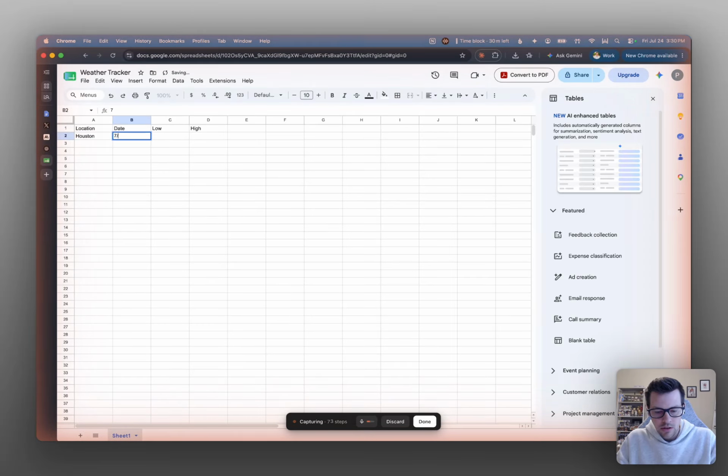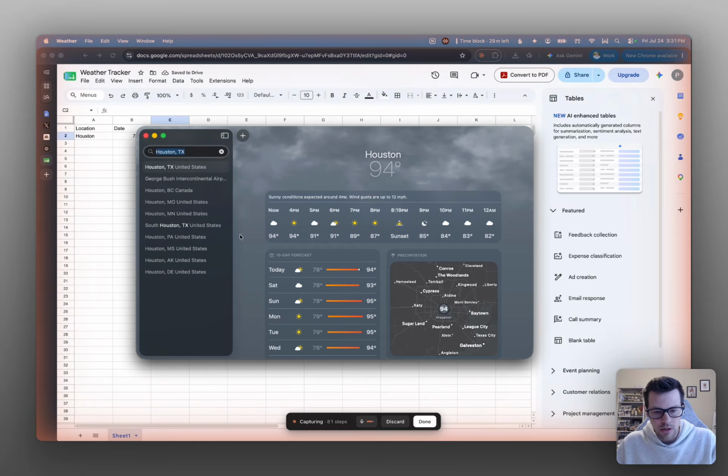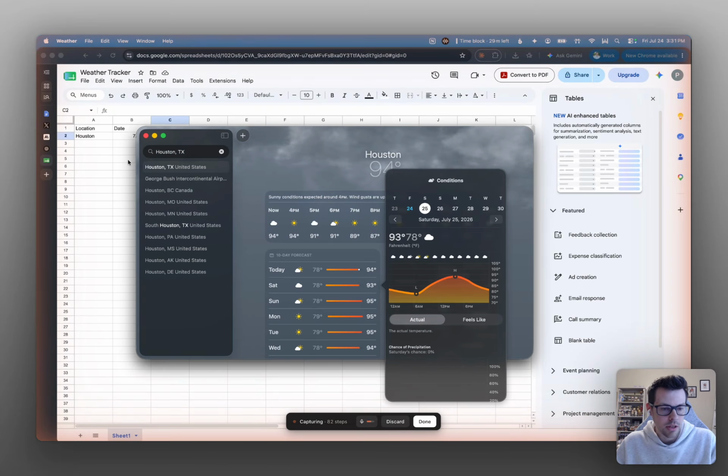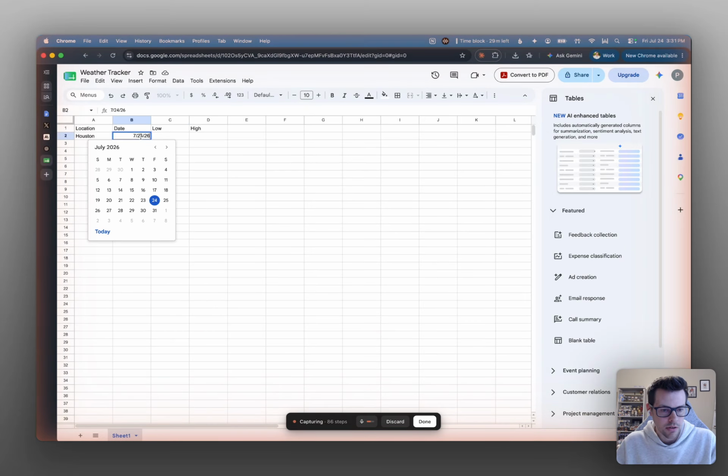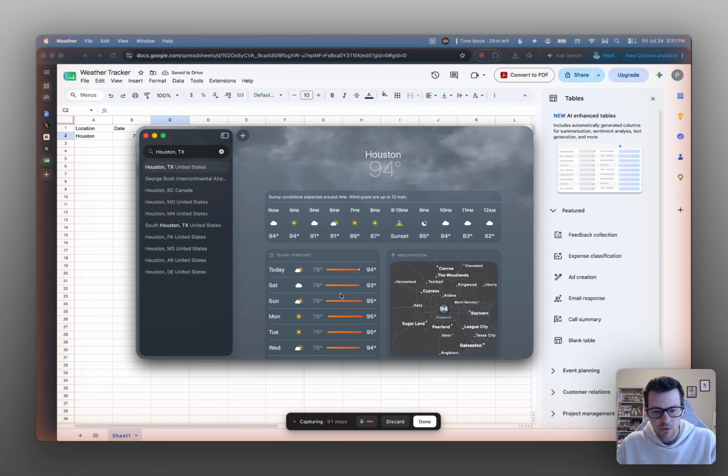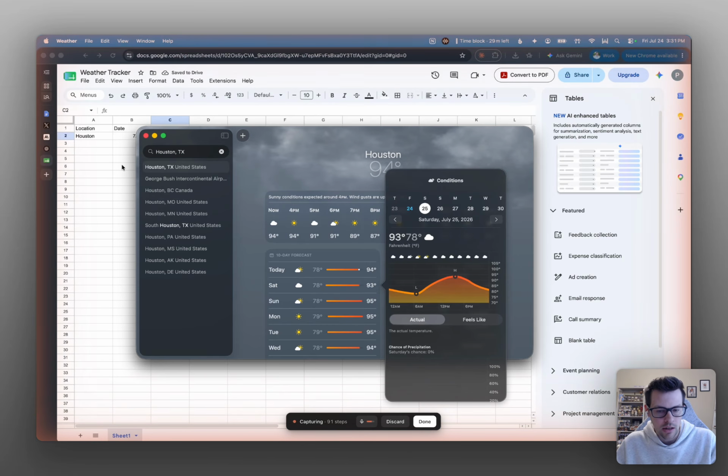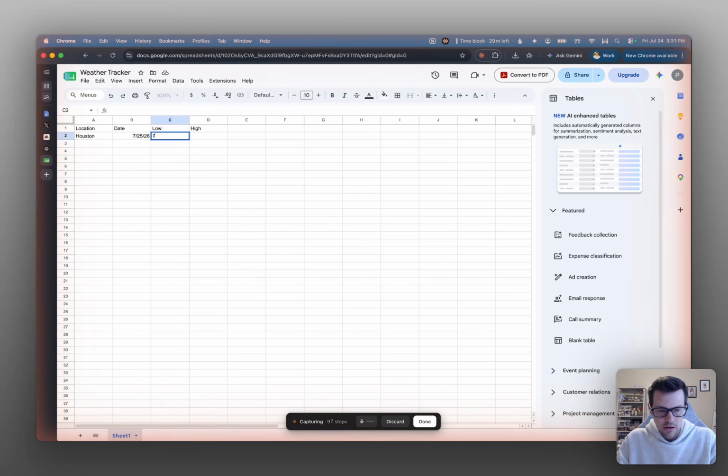Today's date is 7/24/26. The low was for, actually this is going to be, the date is going to be tomorrow's date, so it'll be 7/25/26. The low will be 78 and the high will be 93. And then